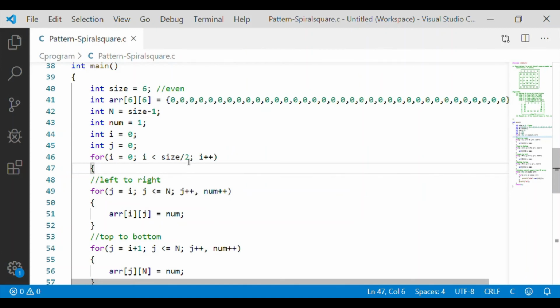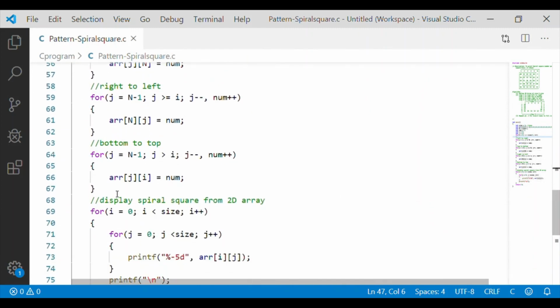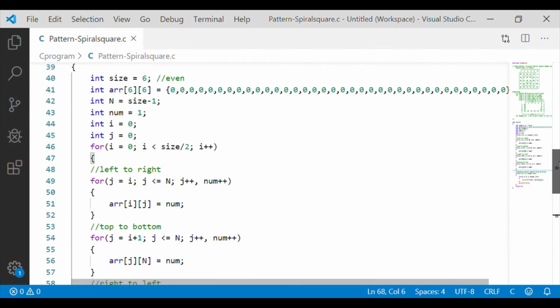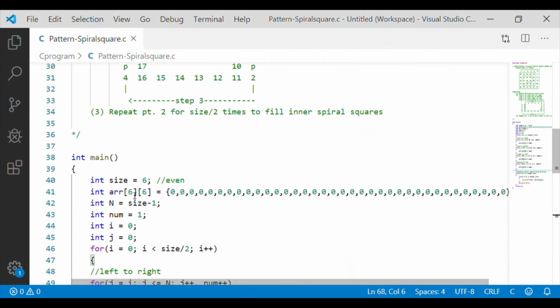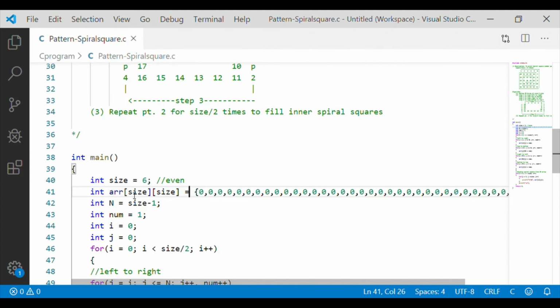Size by 2 provides the number of square boundaries to be repeated. As all these values in the array get filled with these 4 steps and repeating it for size by 2, we don't have to initialize the array.